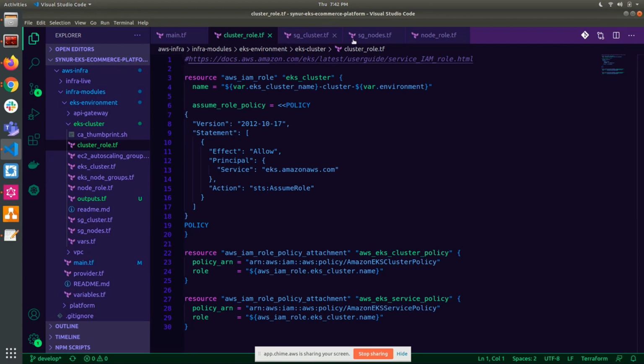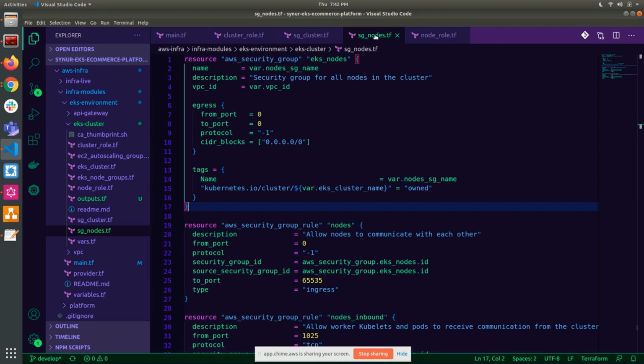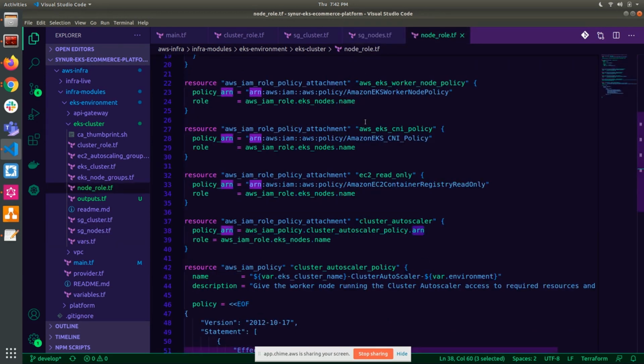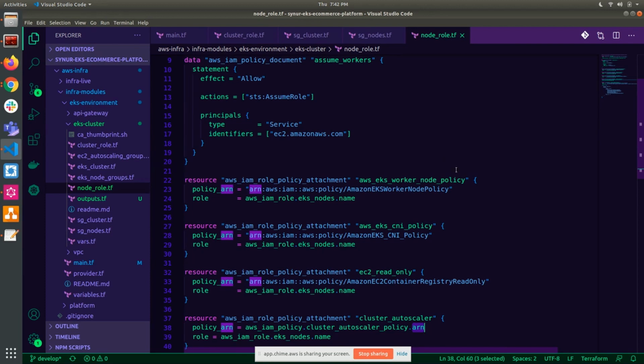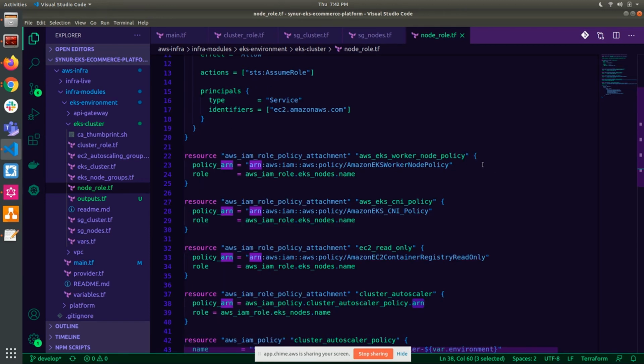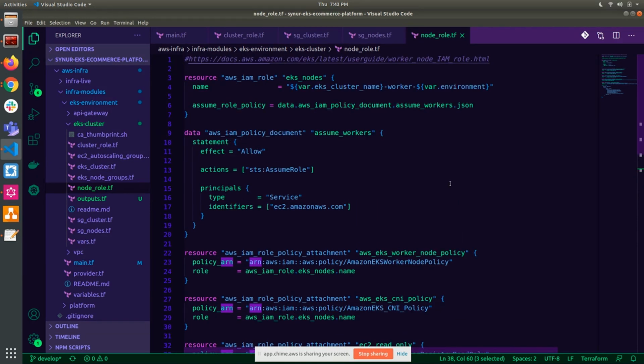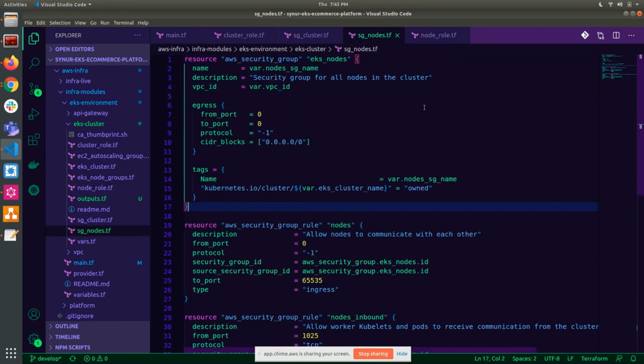You want to make sure that your cluster role is created. The same thing will apply for your worker nodes, that the role is created for that. The cool thing about this is you've got the documentation available online, and it will show you the relevant policies that you'll need to have set up. You can obviously add additional policies depending on some of the resources that you want to apply to Kubernetes, but you can easily find out what the right policies are that you need to have for your node roles as well as your cluster roles.